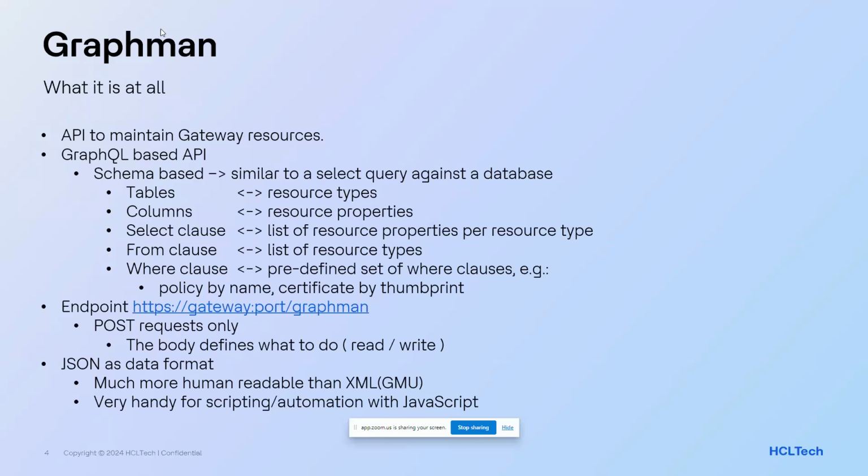A GraphQL API is schema-based, so you have a predefined set of, if you think of a database, tables. You have a predefined set of columns. This is described in the schema, and you can easily compare a GraphQL query to an SQL database